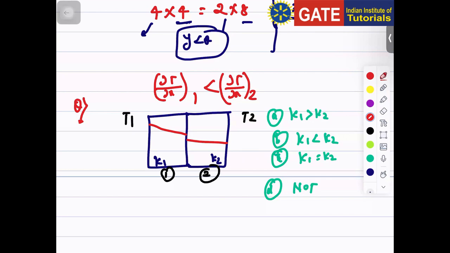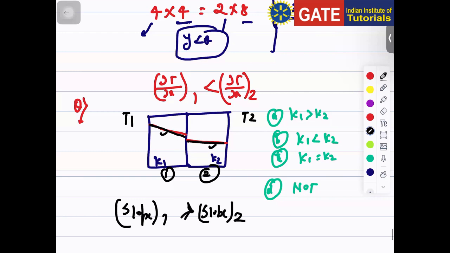Here from the curve, you can see that this is slope and this is slope. So which slope is more? I have given you just the opposite question. So here from the curve, you can see this is slope and this is slope. So obviously here you can see slope for first is greater than